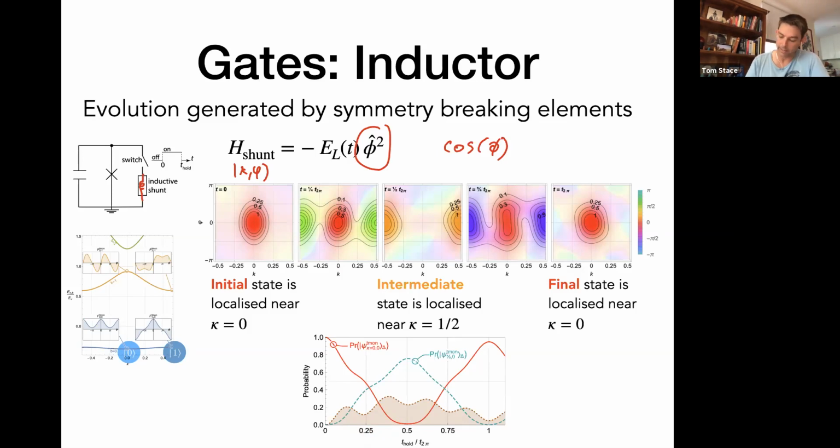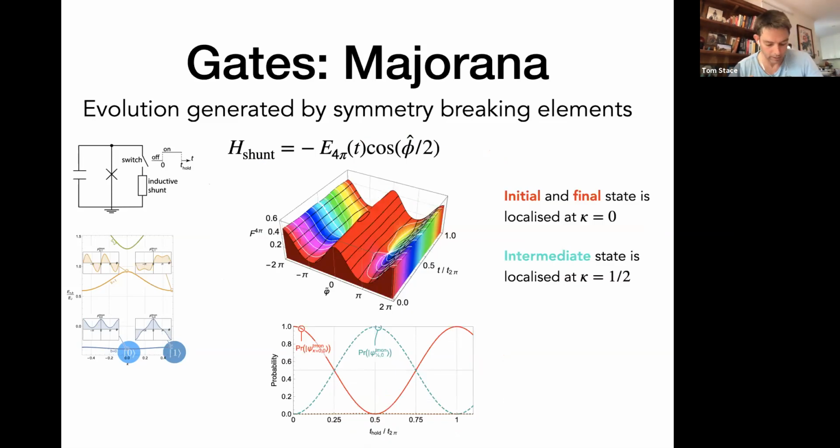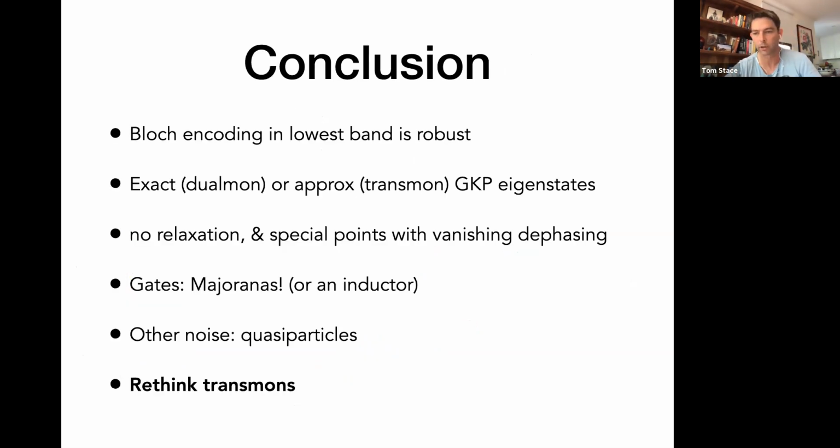So that's conceptually the easiest thing I can do: shunt a linear inductor across. The next thing I can do is to shunt a device which is theoretically much easier to treat. I see I've got to finish up, sorry. Let me skip over this very briefly. It's a way to use a 4-pi periodic gate to break the 2-pi periodic symmetry, and suffice to say that one can produce gates that look very much better. There's a point in which I'm in a superposition of the k equals 0 and k equals a half state, and so I can conclude there just by saying that